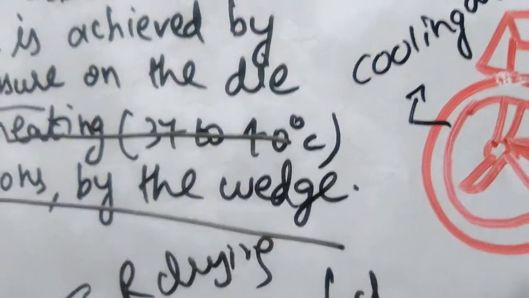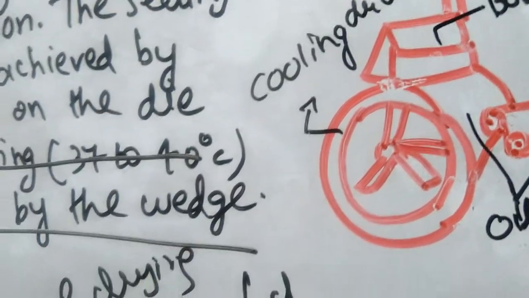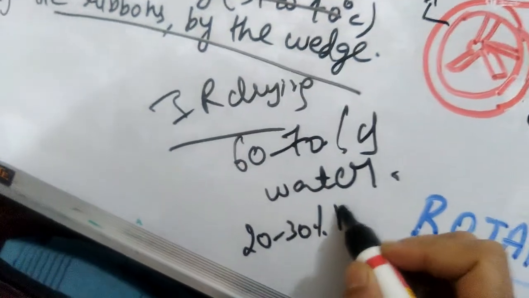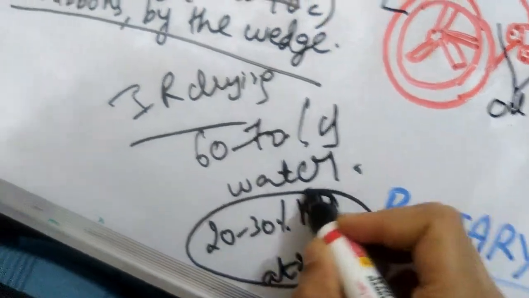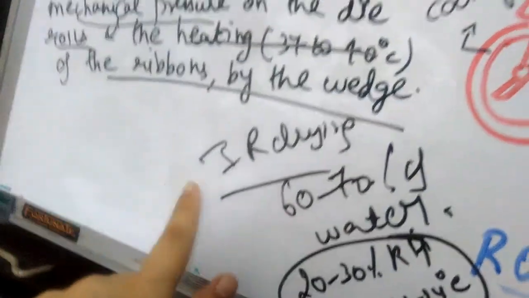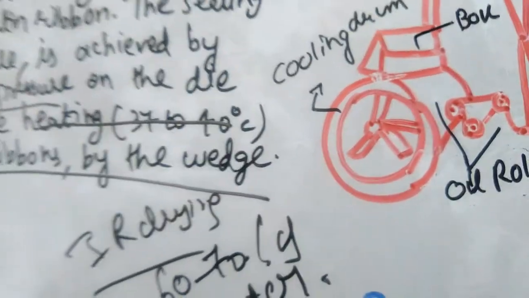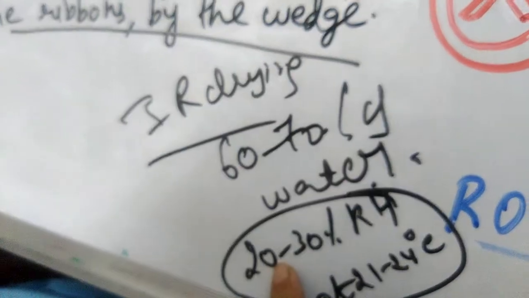So now the capsules from the infrared dryer are also spread on the trays, and all the capsules are allowed to come to equilibrium with the forced air conditions of 20 to 30% relative humidity at 21 to 24 degrees centigrade. What this means, I'll tell you. So once you have washed, then you have dried. After drying, you will take the capsules from the infrared dryer, spread them on trays, and place them in an environment in which the conditions are 20 to 30% relative humidity and the temperature is maintained at 21 to 24 degrees centigrade.